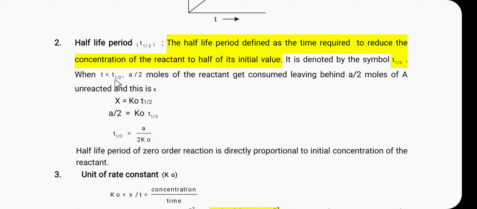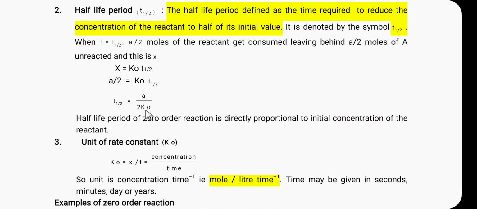So, here when t is equal to T1/2, and we know that a is the initial concentration of the reactant, so that a/2 moles of the reactant get consumed, leaving behind a/2 moles of a unreacted, and here this is the x. So, x is equal to k0 into T1/2. But x is equal to a/2. So, a/2 is equal to k0 into T1/2. By rearranging the expression, we can write T1/2 is equal to a divided by twice k0. This is the expression for the half life period for the zero order reaction,